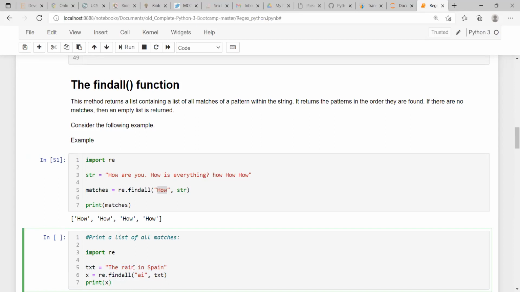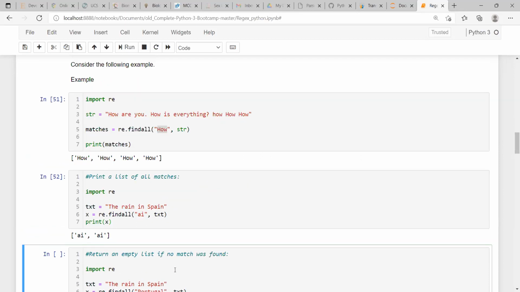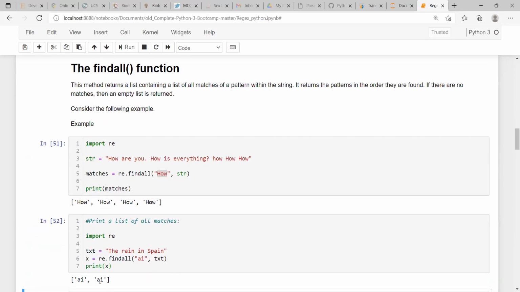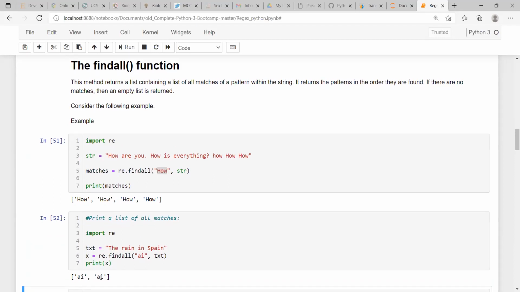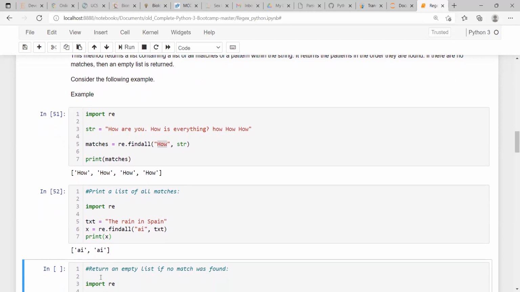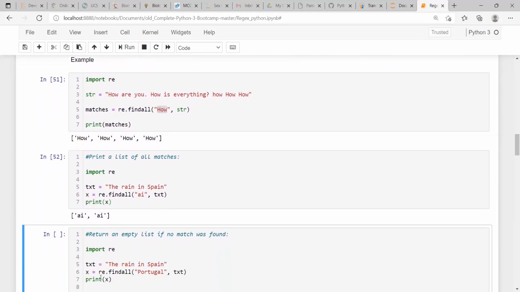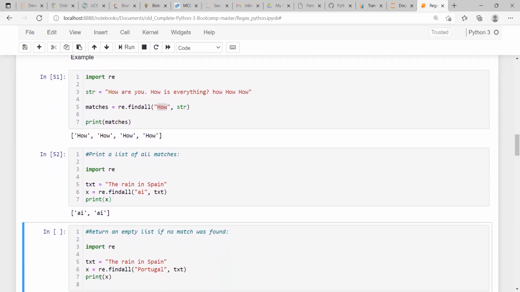Exactly, AI and AI, these two AIs will be collected in a list. You can check that these two AIs are the only ones present in the string, and that is over here. And if no matches are found, obviously it will return an empty list.